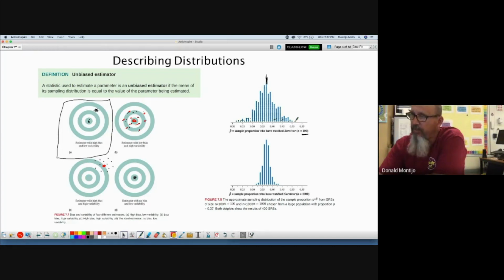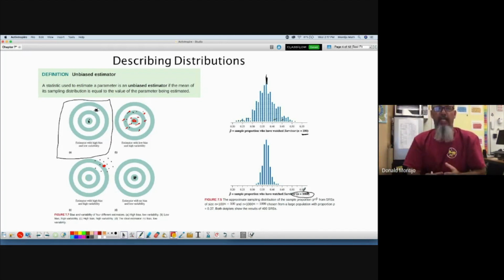Now, if you look at the dot plot underneath this, they took samples of size n equals 1,000. So the larger the sample size is, as n gets bigger and bigger, x bar, or in this case, p hat, will start to approach the population parameter p. So the larger the sample, the closer the mean of all of them will be to the true mean of the population we're trying to estimate. So in this case, look at the difference. They both hit the target. They both found a sample proportion p hat very close to the true population proportion p, around 37%.